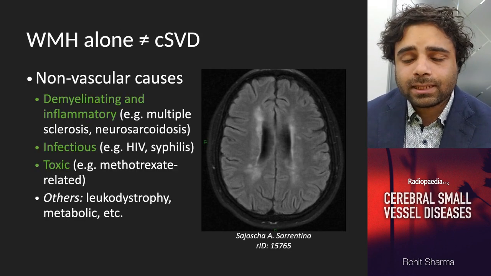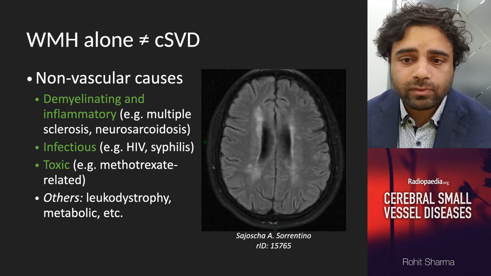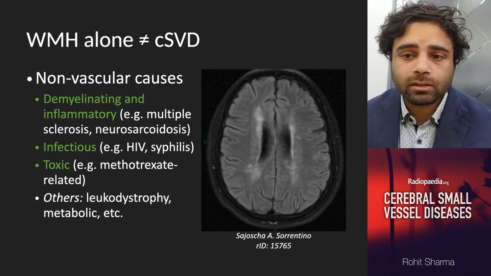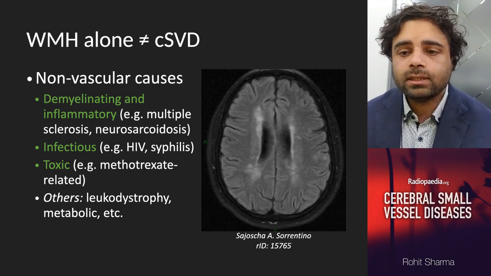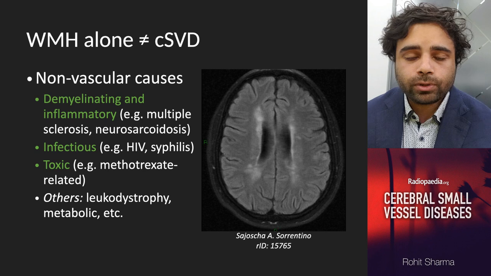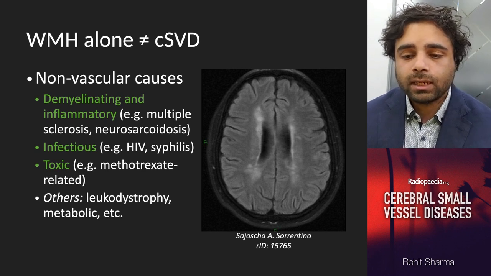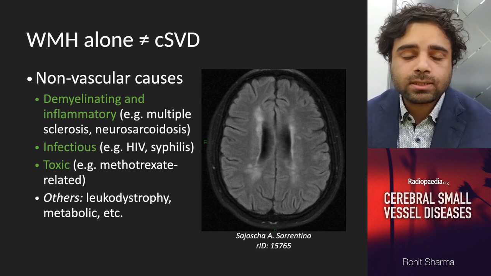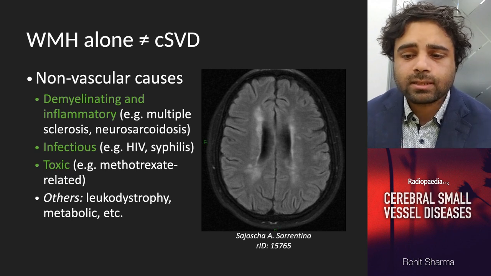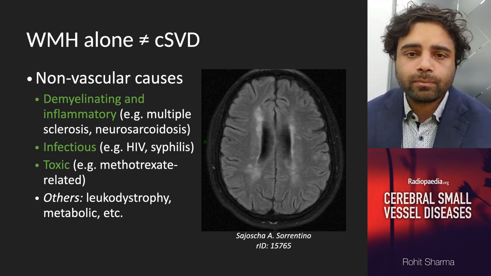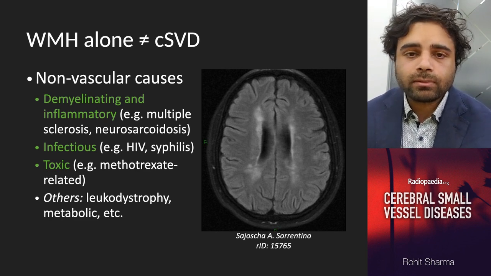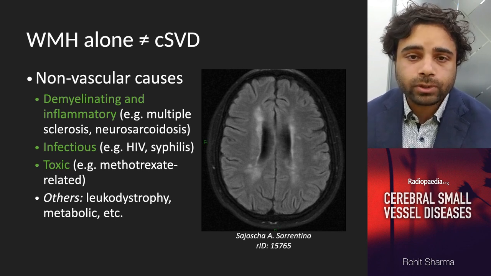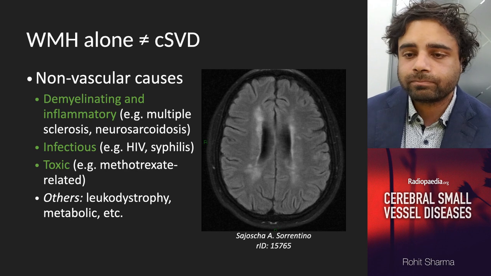So white matter hyperintensities certainly don't equal cerebral small vessel disease, and there are plenty of vascular and non-vascular causes. The non-vascular causes which are important include demyelinating and inflammatory causes, such as multiple sclerosis or neurosarcoidosis or other demyelinating conditions, infectious causes, toxic causes, and then the fine print causes, the weird and wonderful: the leukodystrophies, the metabolic leukoencephalopathies, and so forth. And here we have an example of a patient with multiple sclerosis with very clear white matter